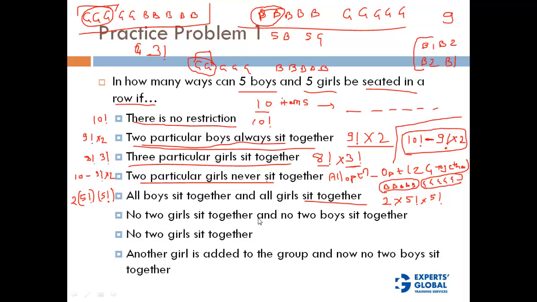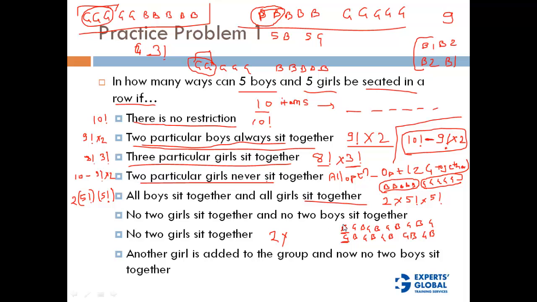No two girls sit together and no two boys sit together. So no two girls sit together and no two boys sit together means that they are going to sit alternately. So it's going to be B, G, B, G, B, G, B, G, B, G, or it's going to be G, B, G, B, G, B, G, B, G, B, like that. Correct? So again, there are going to be two ways, depending on whether a boy sits first or a girl sits first. So it's going to be 2